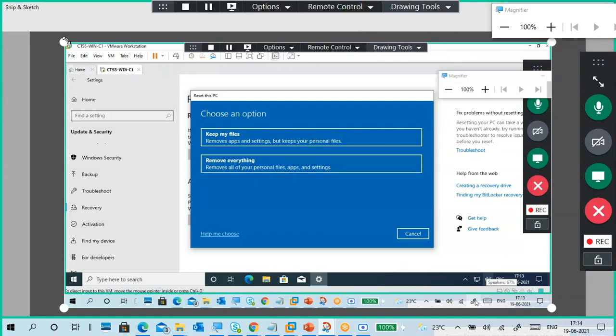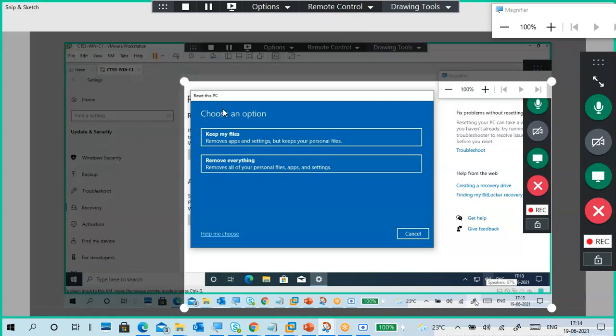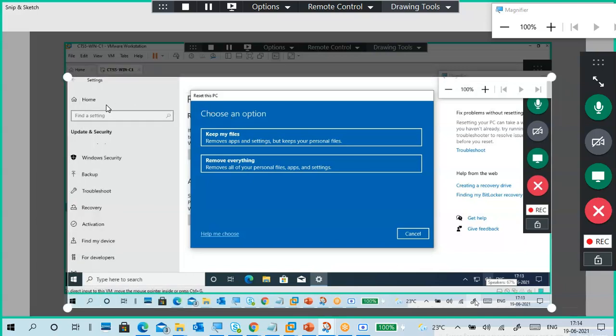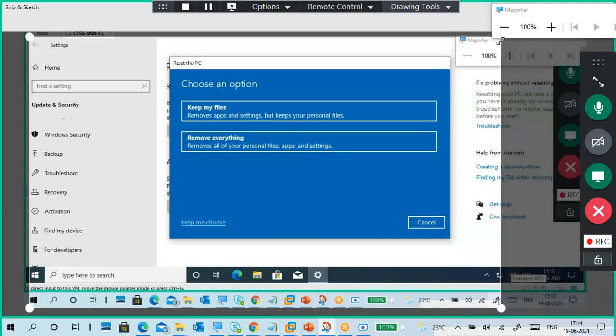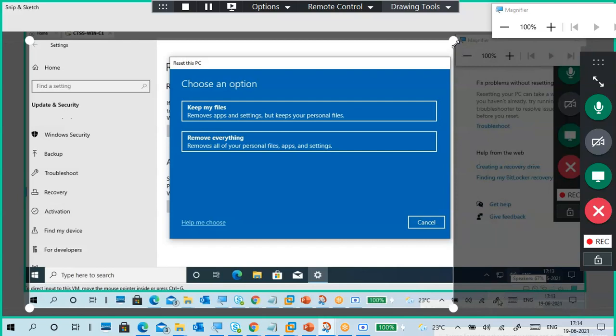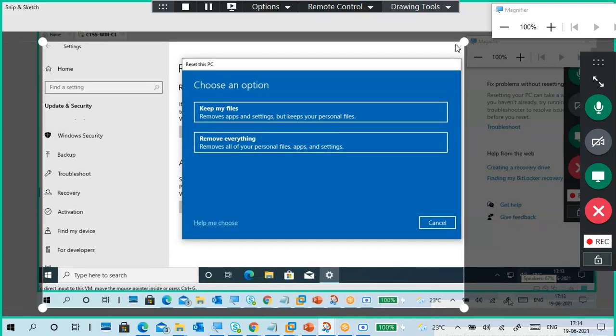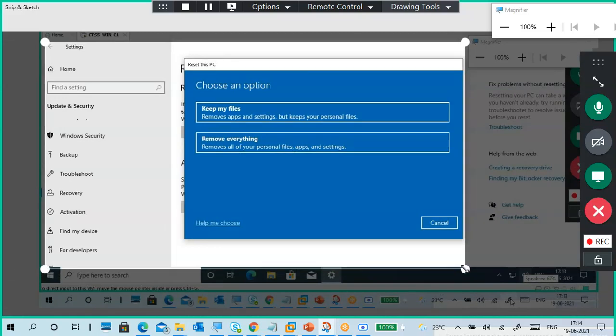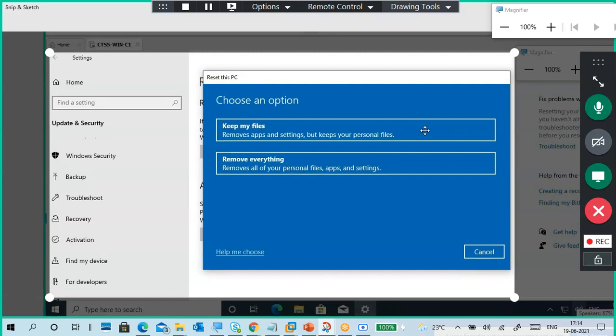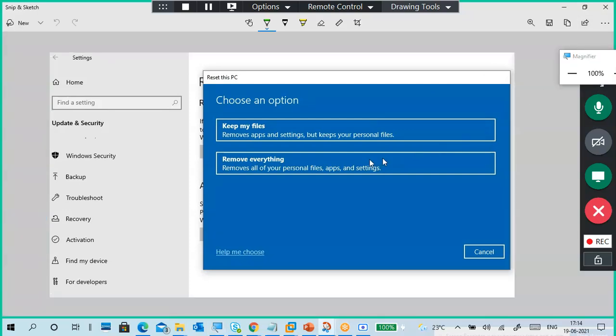This is crop. I want to crop it, not much extra, fewer things. Like this, you can crop it and save these pictures also if you like. Then I'm going to save.